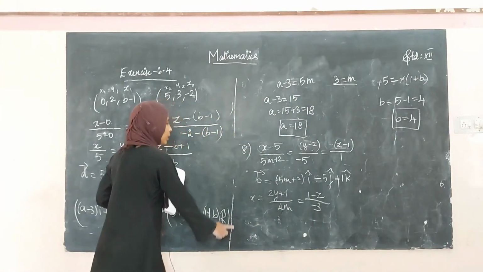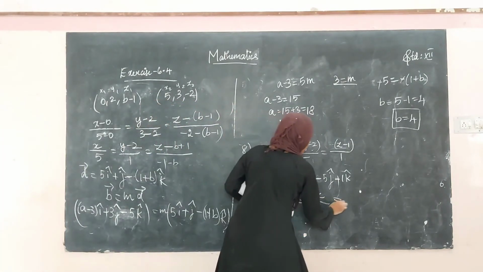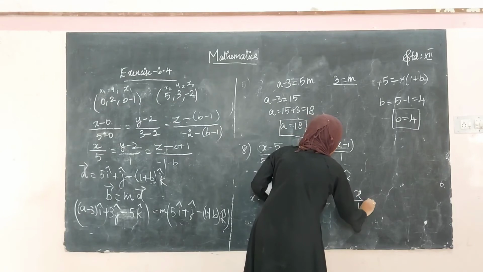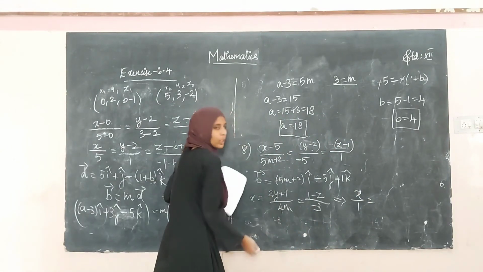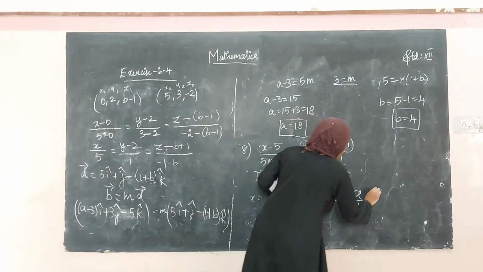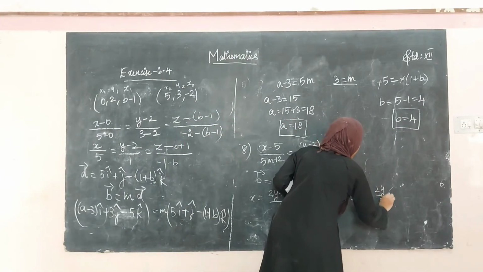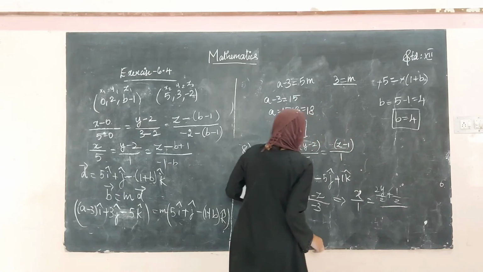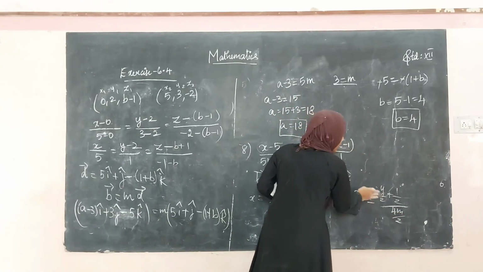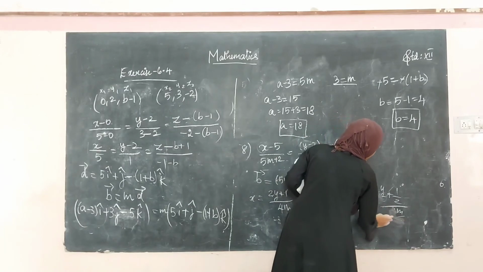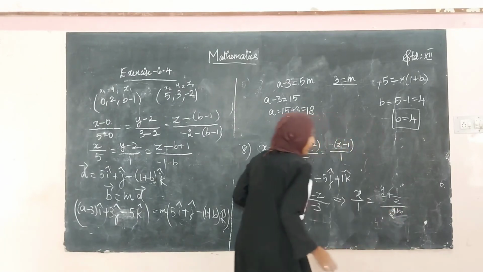Okay, similarly you have to do for this. Here it is x divided by 1 equal to 2y. So divide the numerator and denominator throughout by 2. What will it be? 2y divided by 2 plus 1 divided by 2, divided by 4m divided by 2. So the 2 and the 2 cancel. This 2 and this 4 get cancelled and here it becomes 2m.